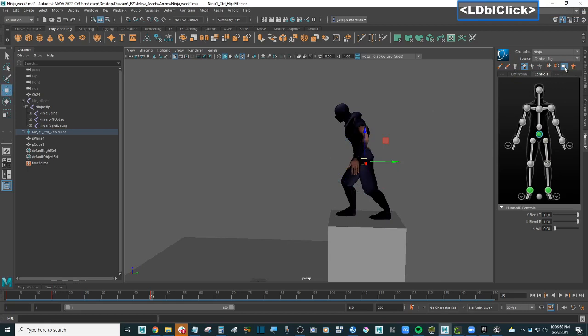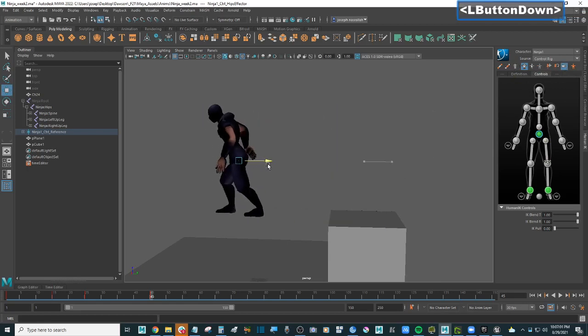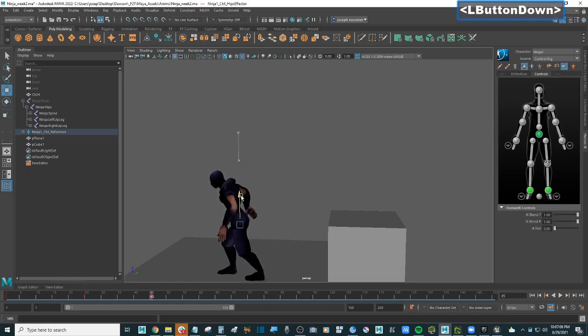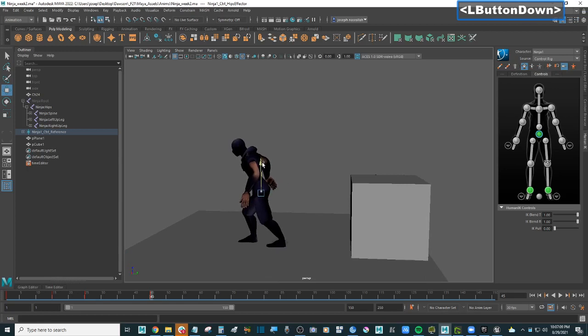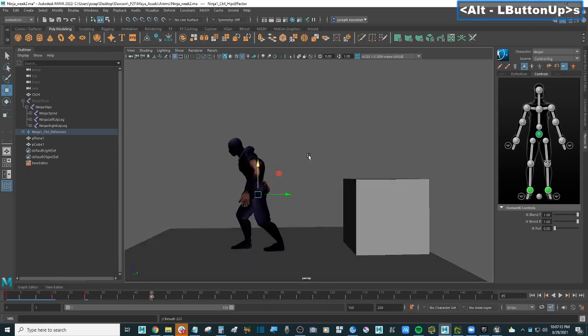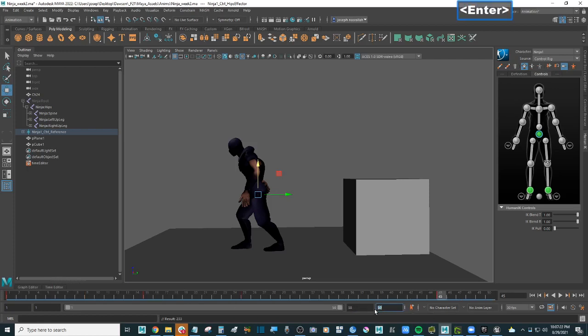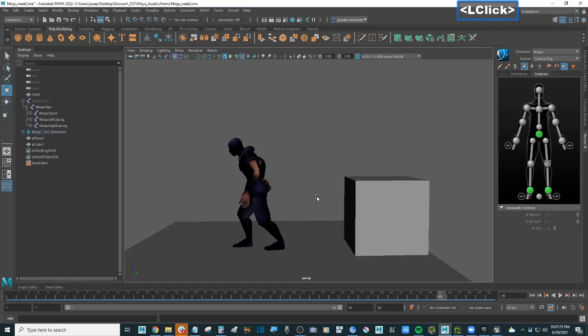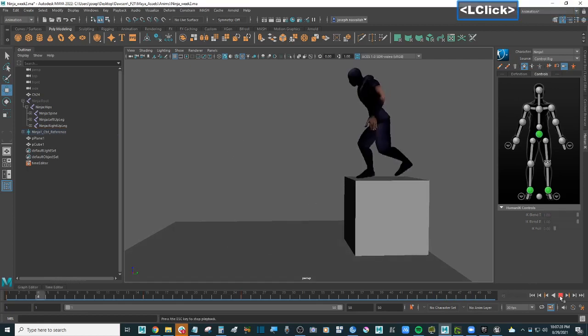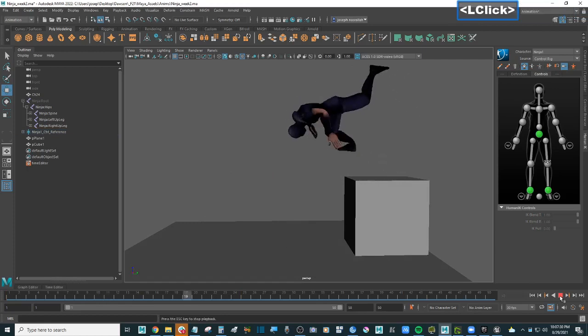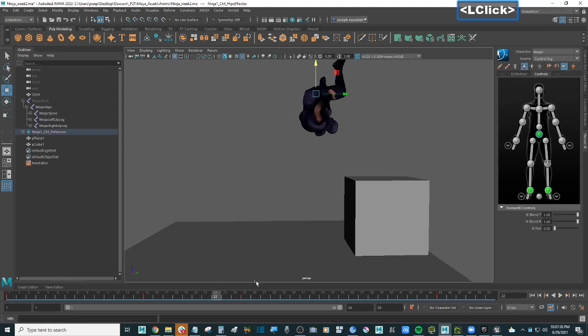Make sure pinning, release pinning is on, and we just go like this and put him down on the ground like this. So let's see what that looks like. We only need 50 frames, so 1 to 50, and press play. Yeah, see, we need an in between. He doesn't finish the rotation, so we'll create a quick